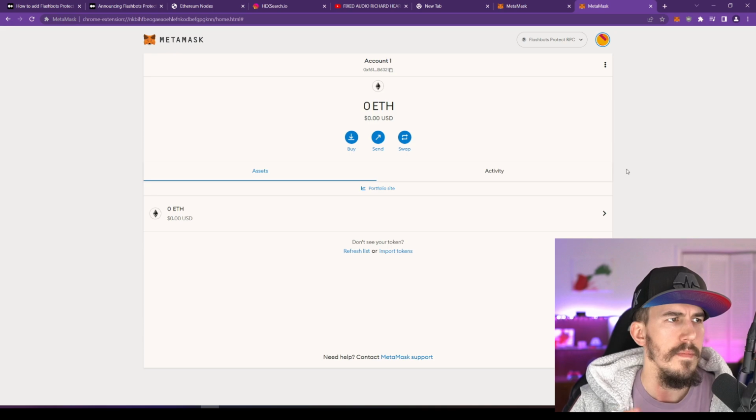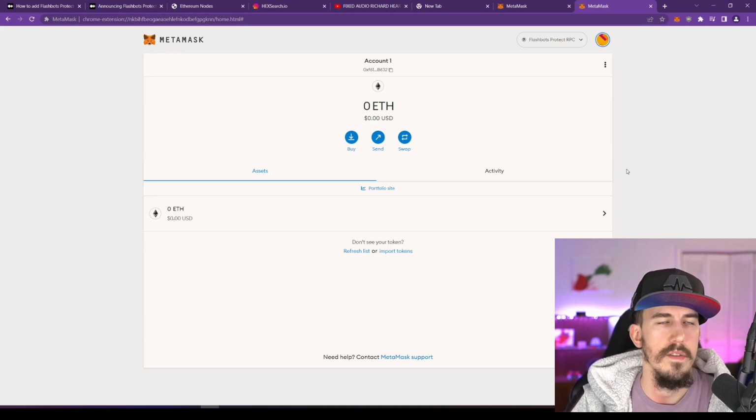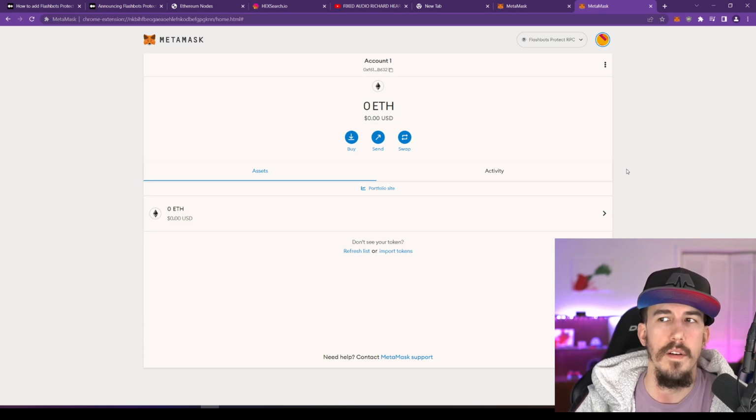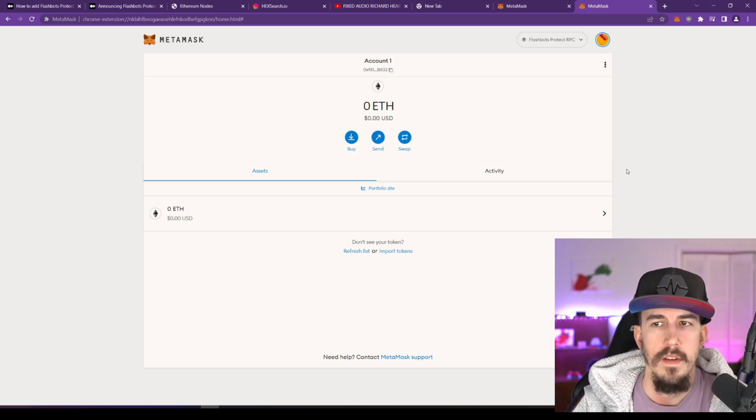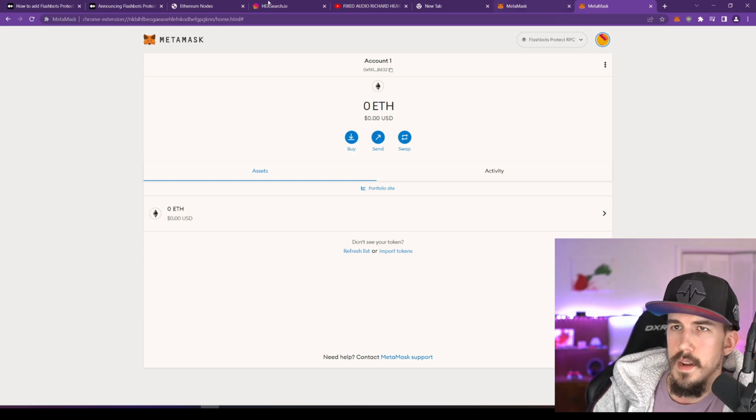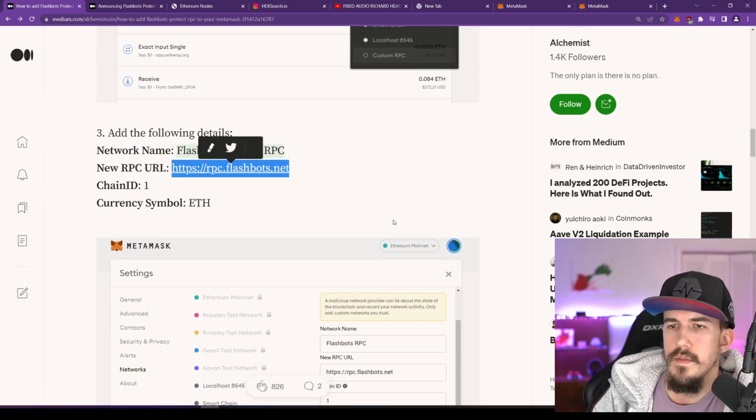So the other two key features are there's no cost for failed transactions if you use the Flashbots RPC, and you also get priority in blocks. And so you can keep reading on this Medium article